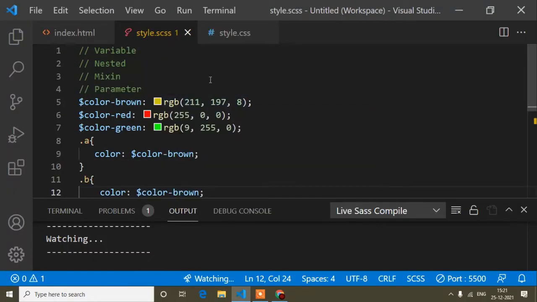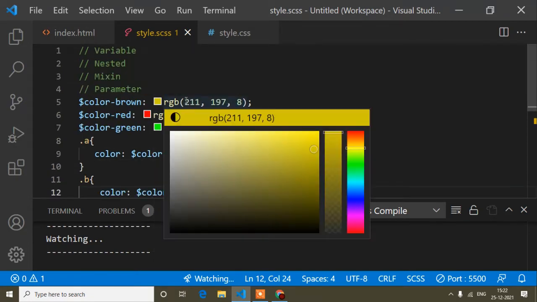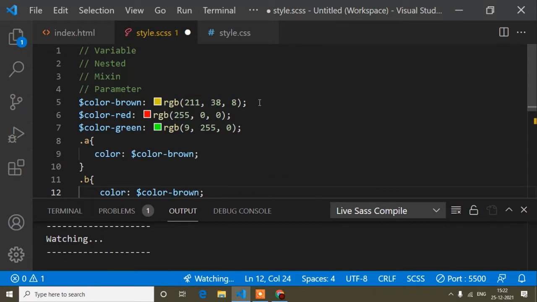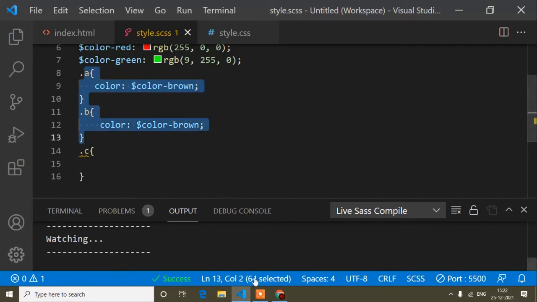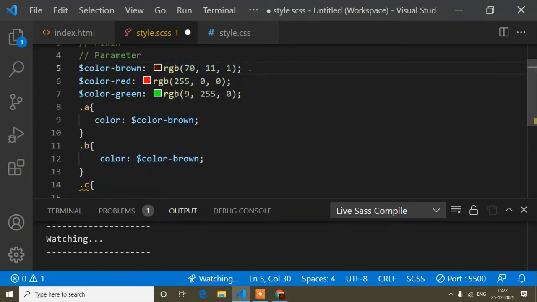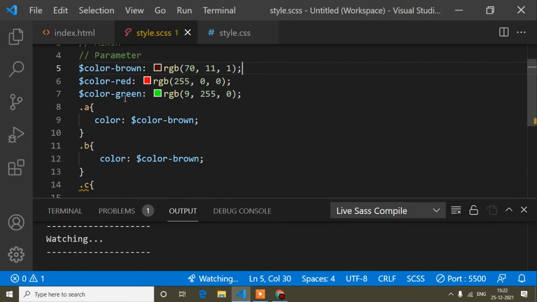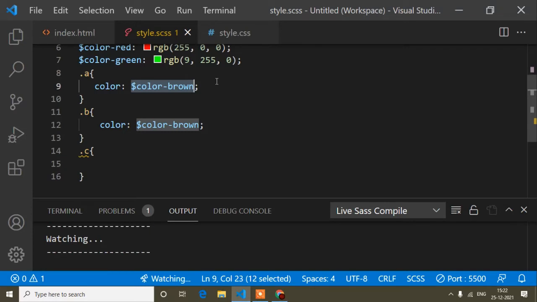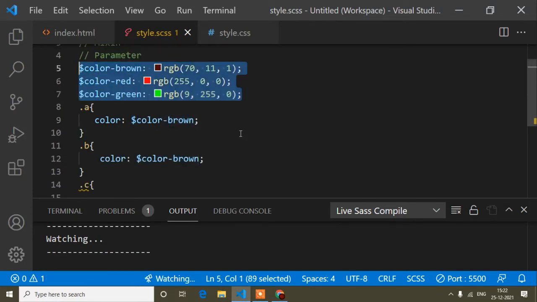So that's why SCSS is better for the developer. Suppose the client says again that yellow is not needed, instead of yellow we should use this color. You simply change the variable and it automatically changes here also. Let me save, dark brown, okay, save, and you can see it's changed. But guys, if you write the color code here, you have to manually find where you used this color code and change it. So the variable concept is clear.